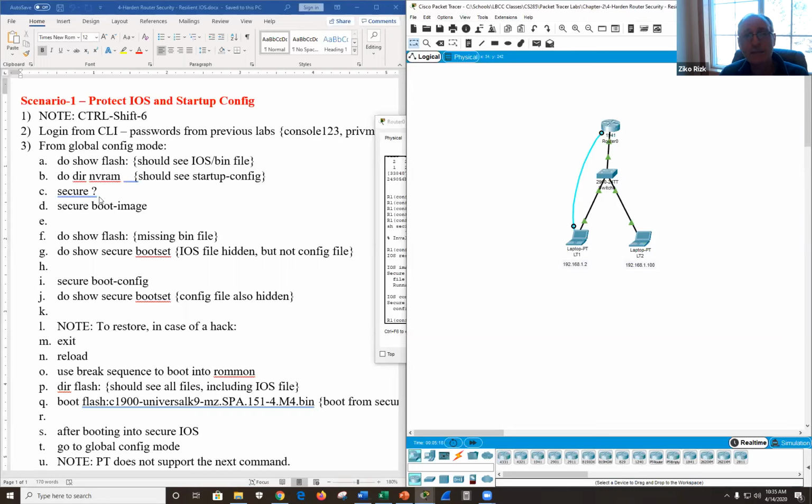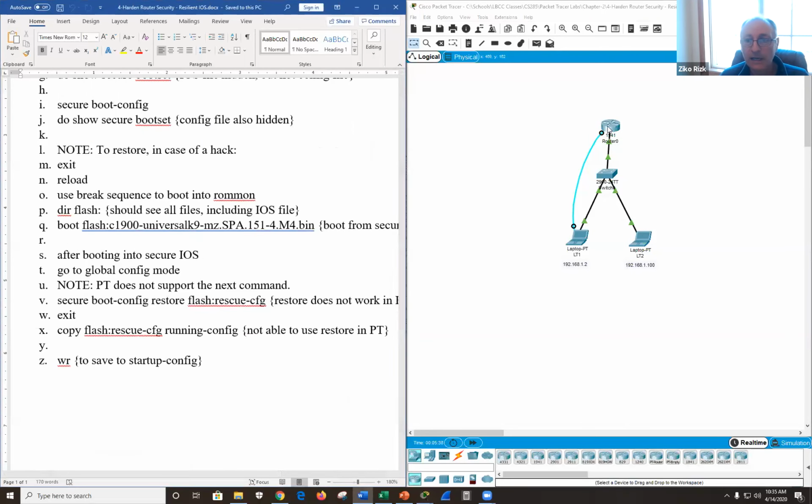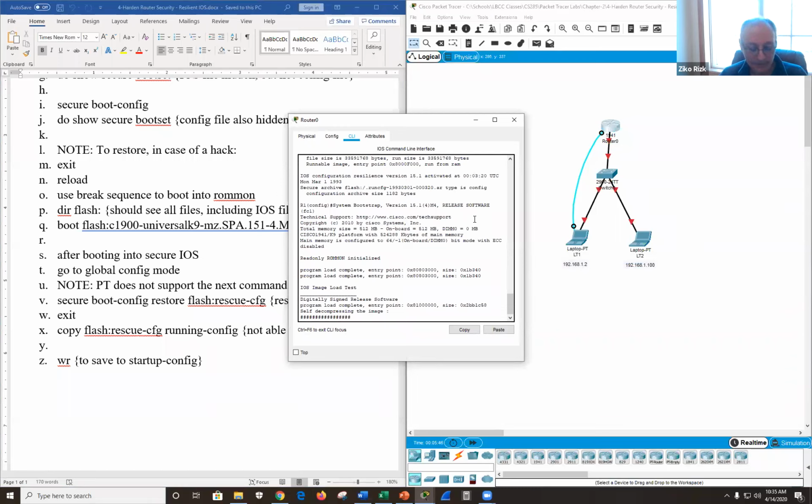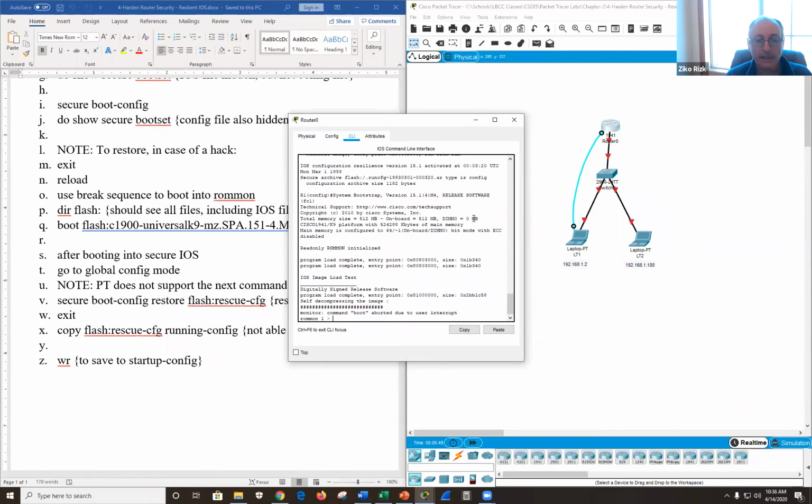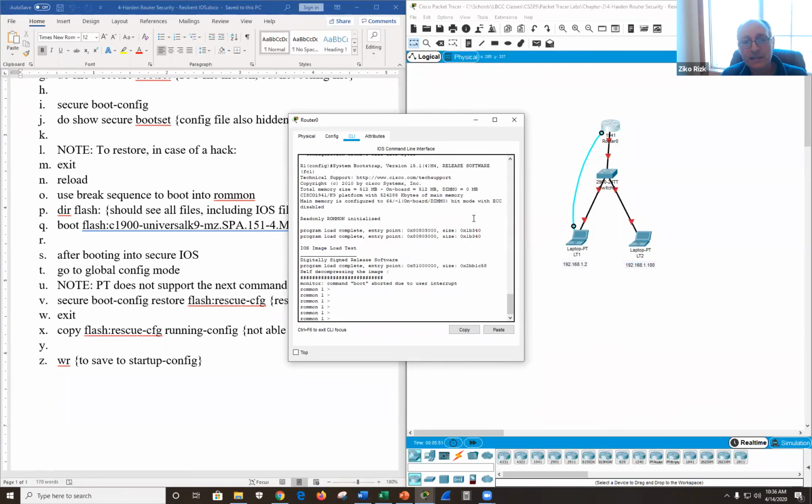You can only access them from ROMMON, that tiny operating system that is in the ROM chip. And we're going to be logging into it pretty soon. And to do this, you have to reboot the router, and everybody's going to know that something awful happened to the router. So let's go ahead and restore the original operating system and configuration. And to do this, we need to reload, restart, and then interrupt the boot up process. And when you interrupt the boot process, you go into ROMMON.